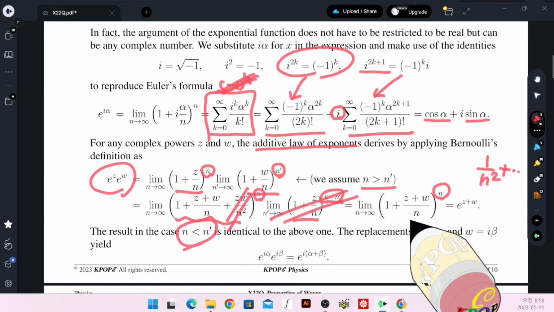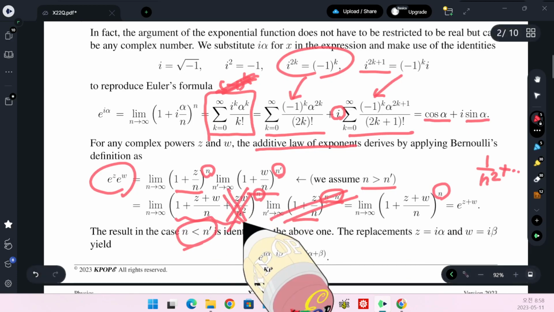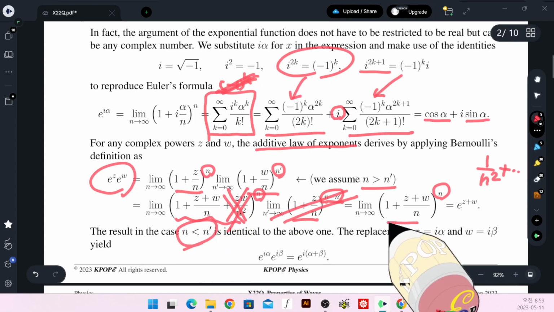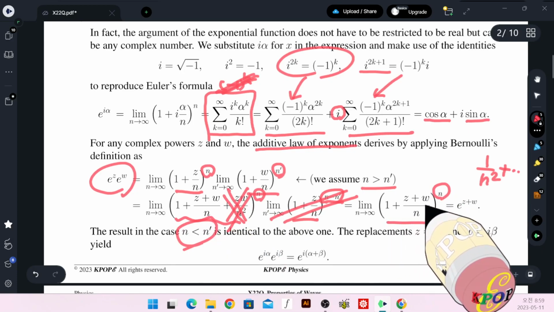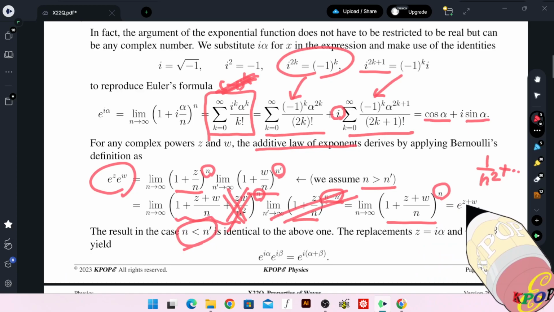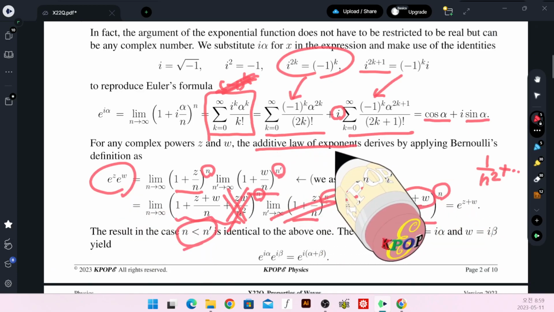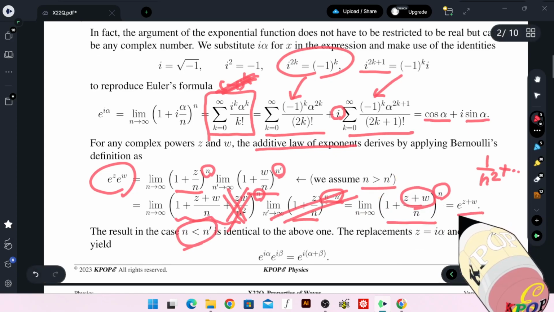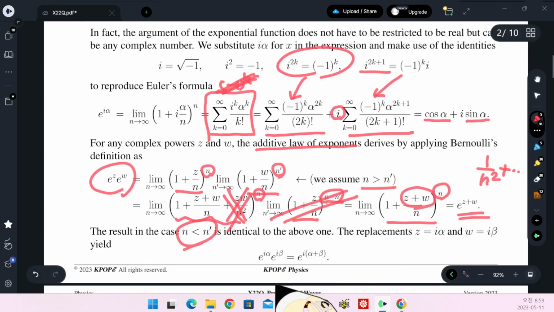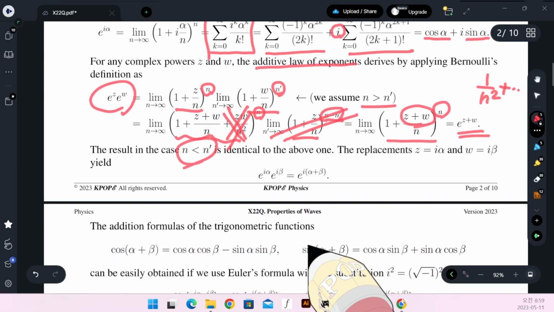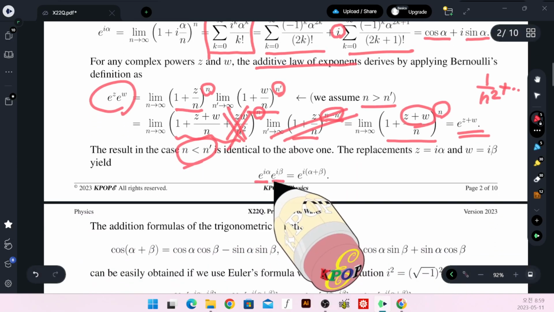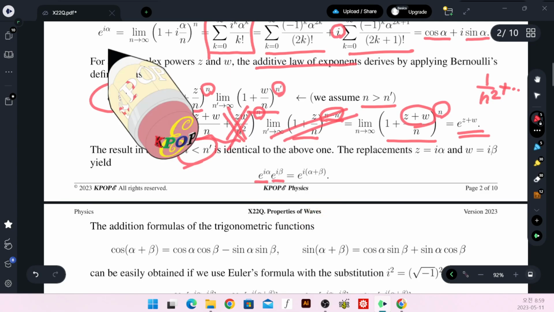And therefore, we don't have to consider this and only the 1 plus 1 over n style. It is apparent that the additive law of exponent is valid. As a result, we can multiply two complex numbers with unit modulus